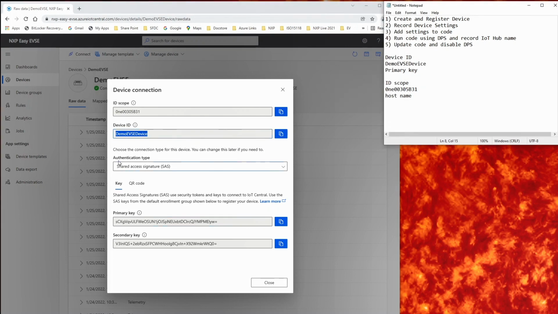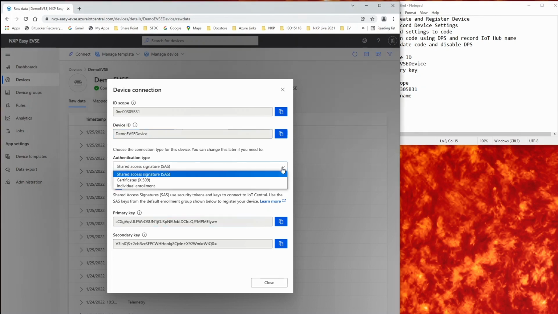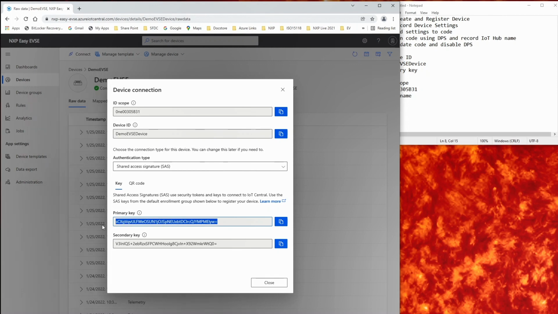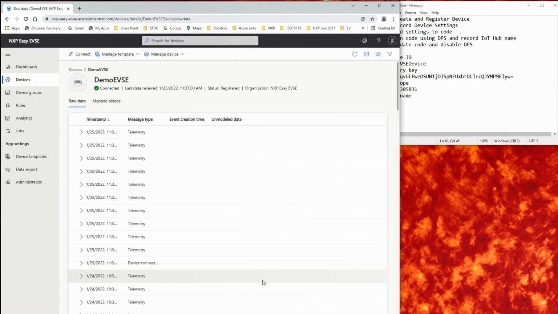We need to make sure that the authentication type is selected as shared access signature or SAS key. And as a result, we can now record or copy the primary key. So let's take a copy of this. Our primary key. Okay, so now we have all of the credential information that we need. We will then take the next step, which is to